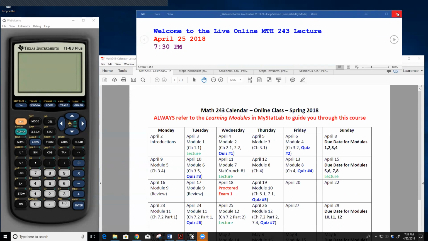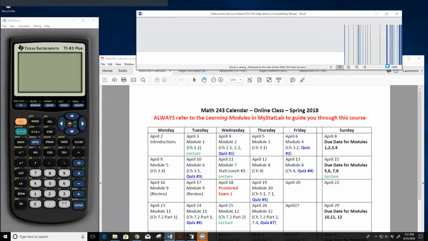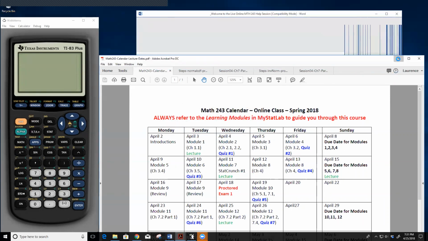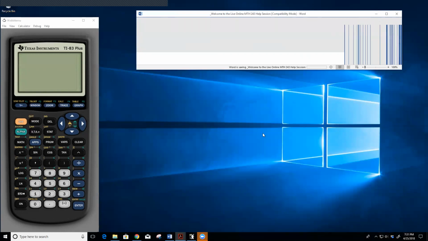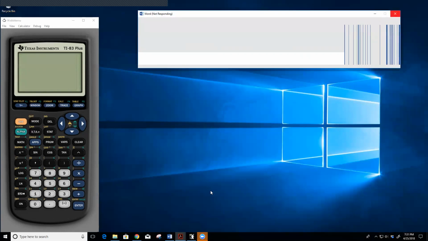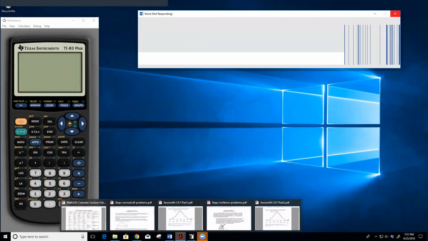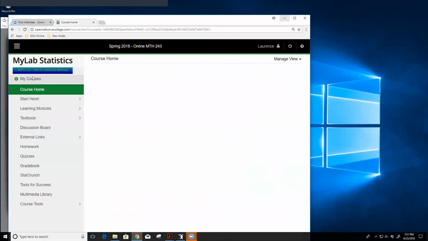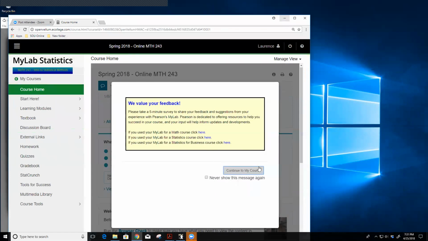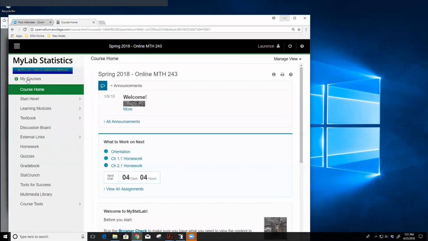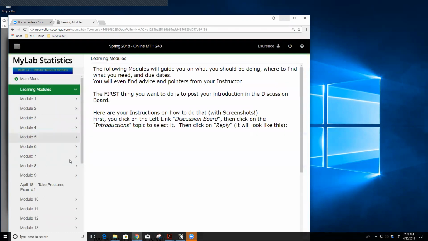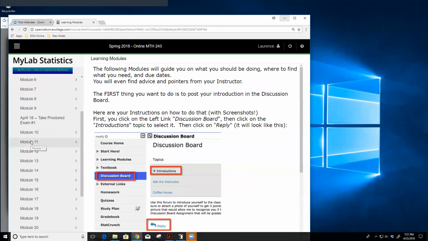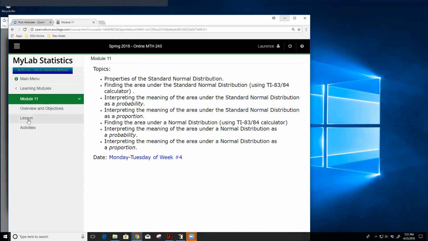All right, so let's go ahead. Let's get these out of the way. And that one. Oh, Microsoft Word wants to act funny on me, huh? Okay. Now let's go take a look here. Oh, first thing I want to do, let's get over here to the main menu. And we'll give you all that feedback later. But over here in the learning modules, learning module 11,